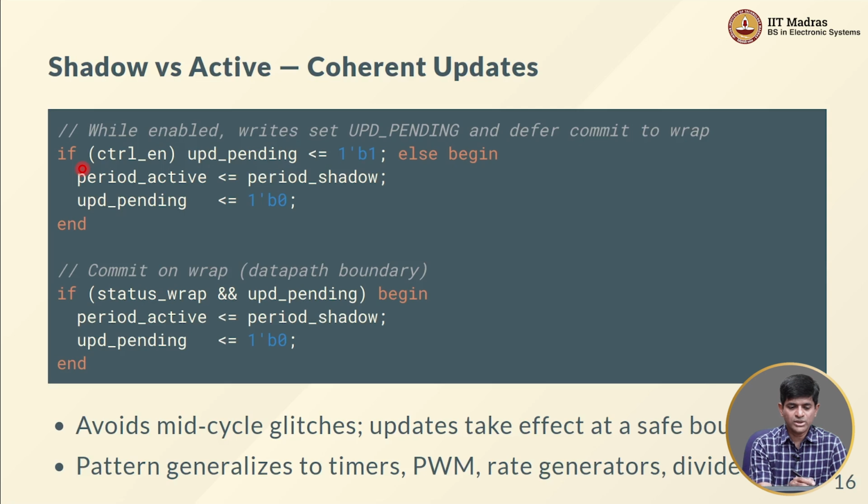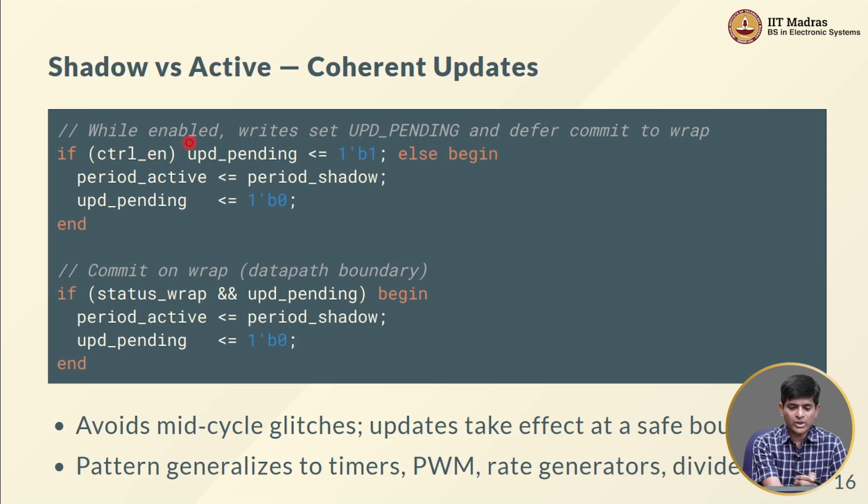Instead of that, what I do is I check if there are any updates. If the control enable is currently high, then I just set the update value to be 1, update pending to be 1. Otherwise, I say okay fine, go ahead and update the value of period active and say that there is no update pending at this point. But on the other hand,